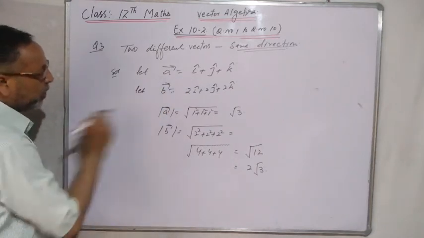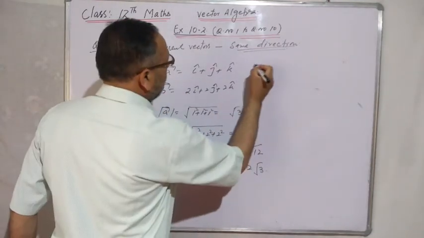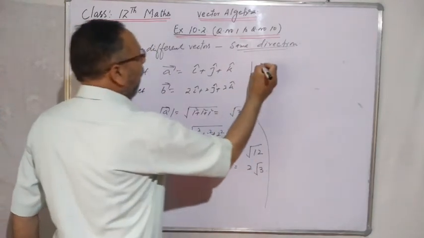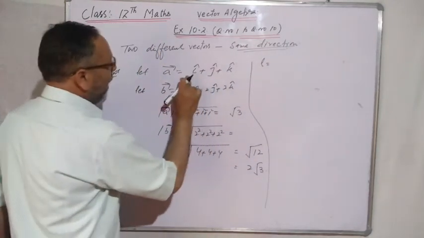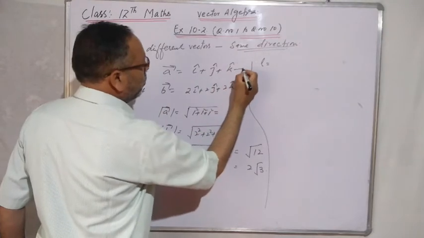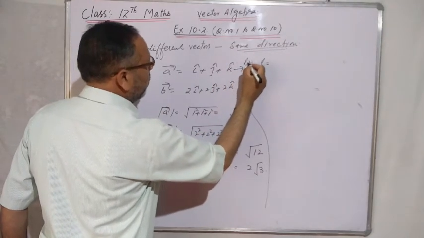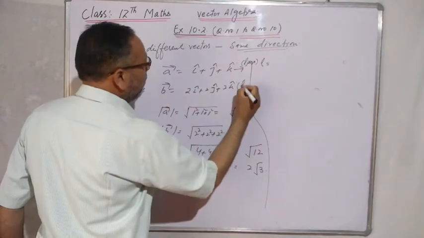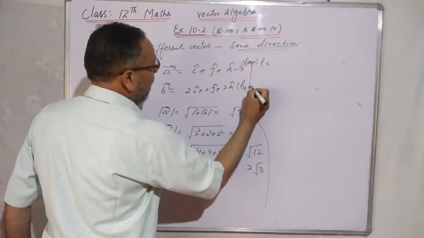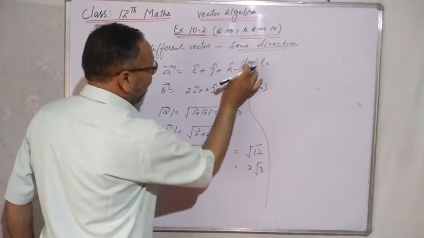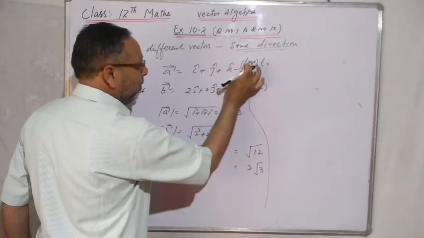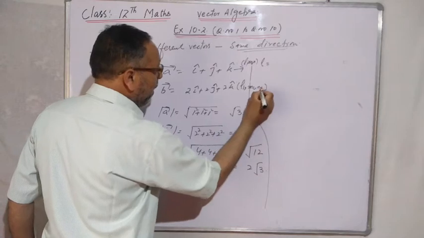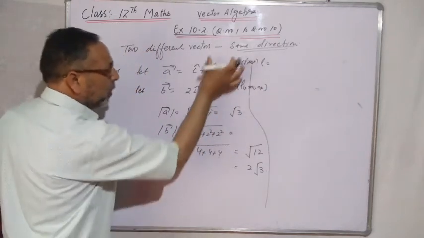Let us find the direction ratios of vector A. यहां मैं डायरेक्शन रेशियोज ऑफ वेक्टर A निकालूंगा. चलो l, m and n, इसके मैं डायरेक्शन रेशियोज मानता हूं, l m and n वेक्टर A के. और वेक्टर B के मैं डायरेक्शन रेशियोज मानता हूं l1 m1 and n1. अगर ये सेम होंगे l m n and l1 m1 n1, अगर ये सेम होंगे तो इनकी डायरेक्शन